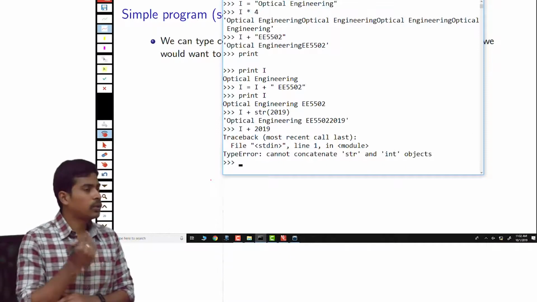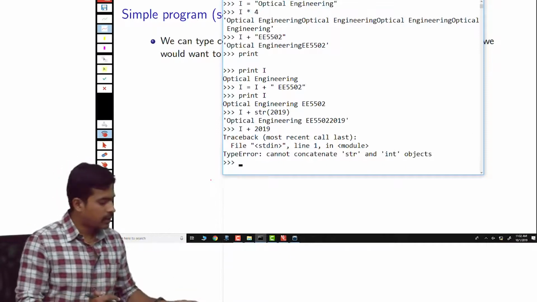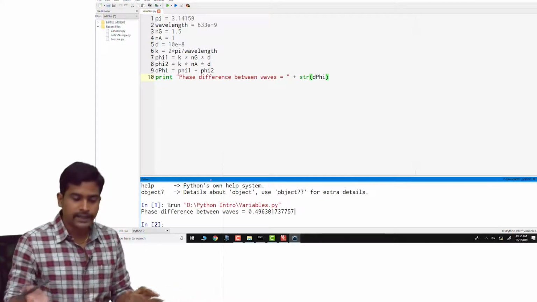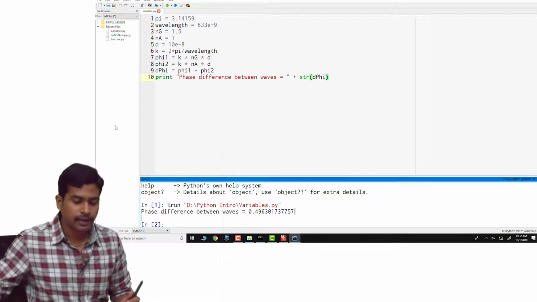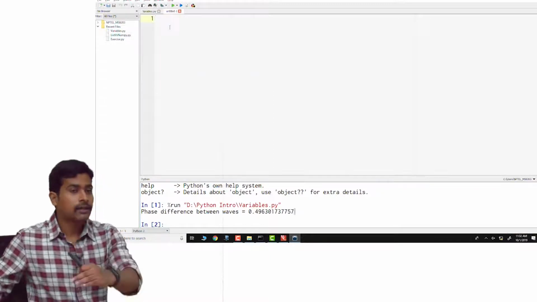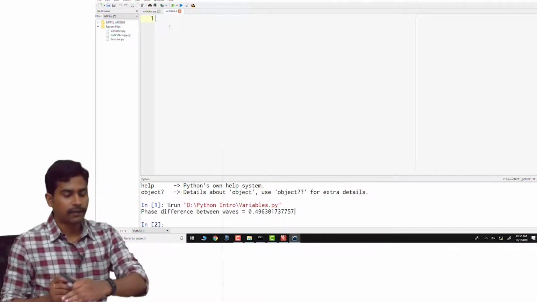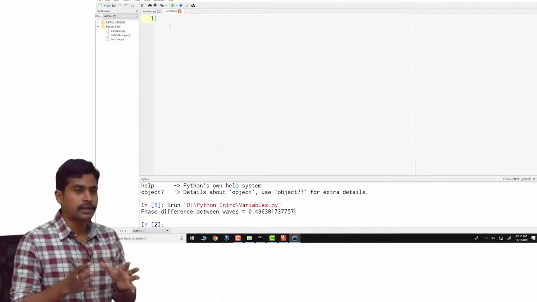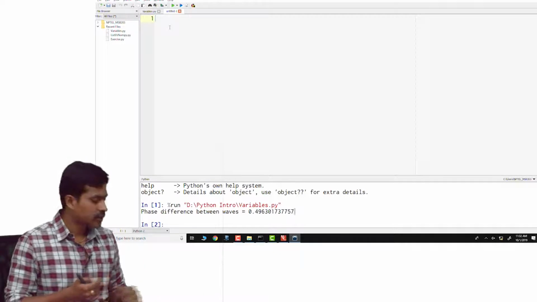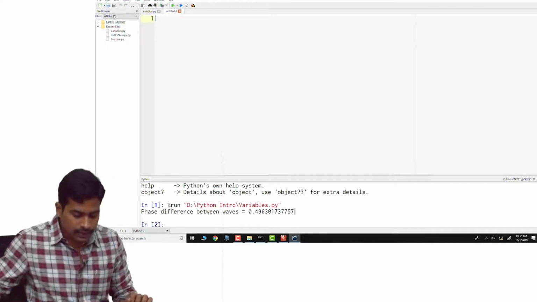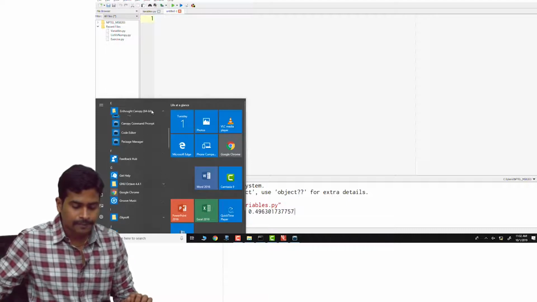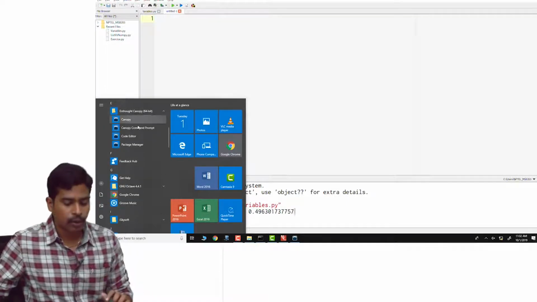So instead, you can open a text file. You can open this editor, open a new file, and write all of your program in this file, and then execute the whole program at once instead of executing one after another. In order to open this, I hope you already installed Enthought, and you can open this code editor.